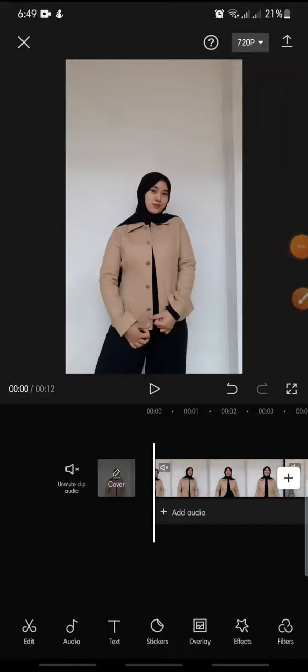In this video, I'm going to show you how to add the landscape gloss effect on the CapCut app. Now let's get started. First, after you open your CapCut app, if you want to add the landscape gloss effect, so